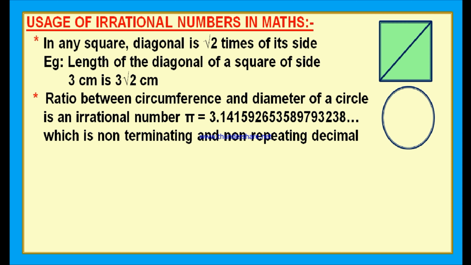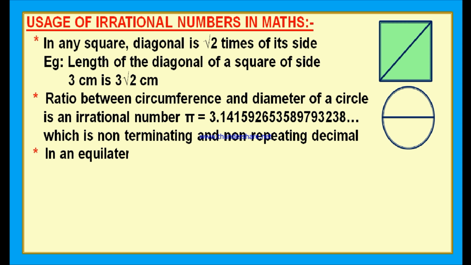You see, this is the circle. If you find the length of this arc around the circle, it is nothing but the circumference. Now the ratio between the circumference and this diameter, this is the diameter. If you find the ratio of circumference and diameter, it is a constant. That constant value is represented by pi.